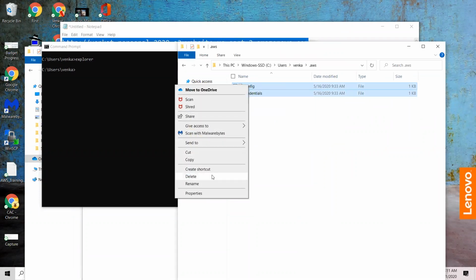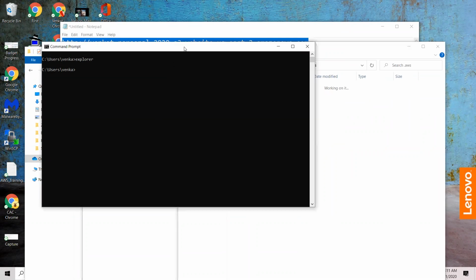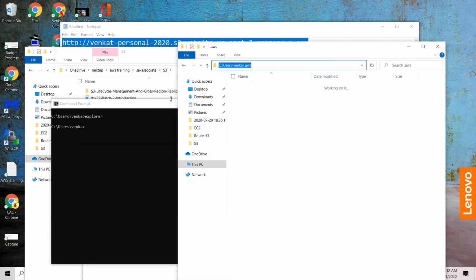You are probably familiar with this concept in Maven, the Java-based build tool. If you're using Maven, it automatically creates a .m2 folder within your home directory. Similarly, when you install the AWS CLI, it creates a new folder called .aws.